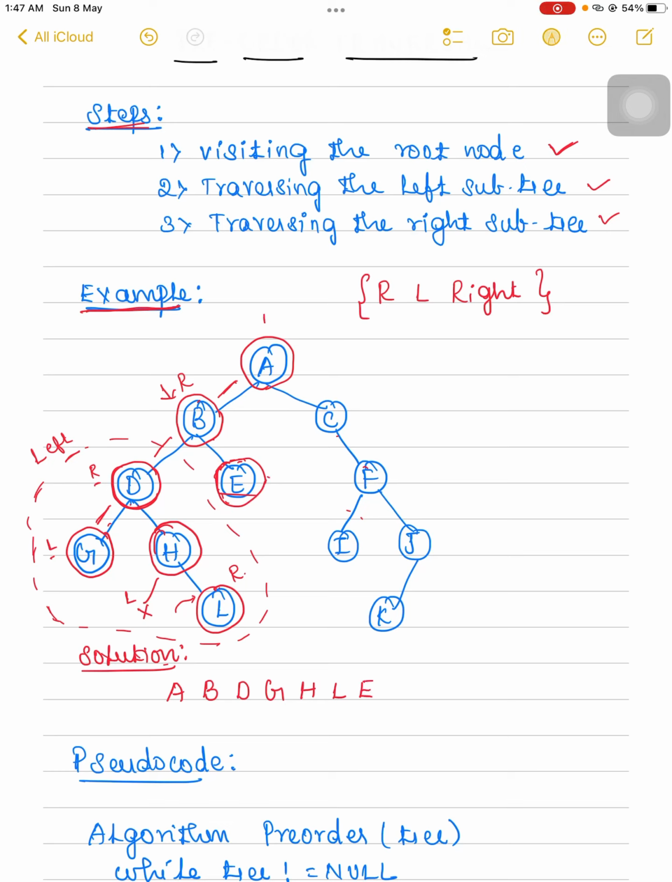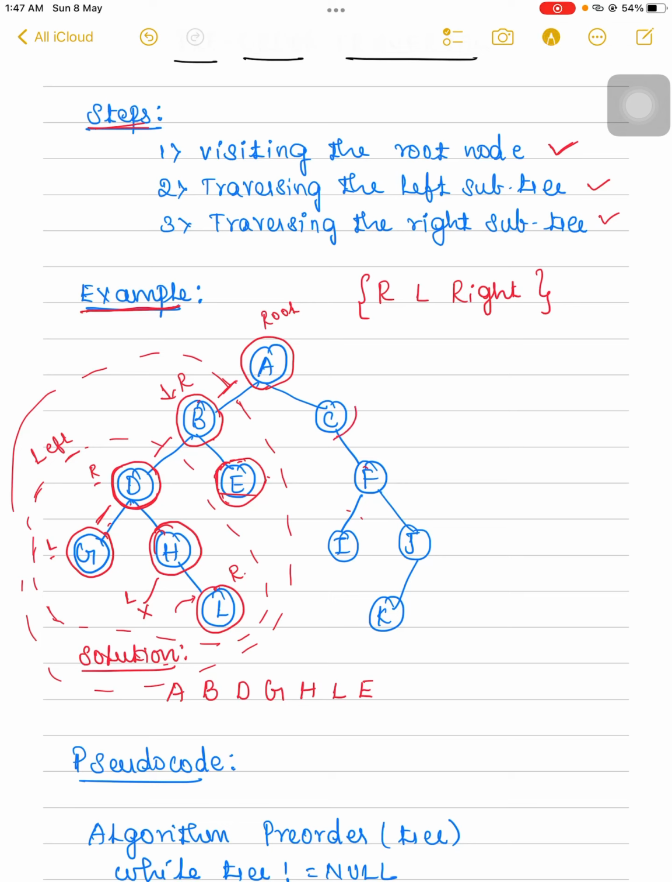Now A is the main root node. The entire left subtree of A is visited. All the nodes in the left subtree are visited. Now it's time to move on to the right subtree. When we check the right subtree, the very first node on the right hand side of the root node A